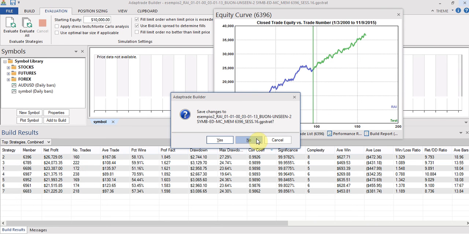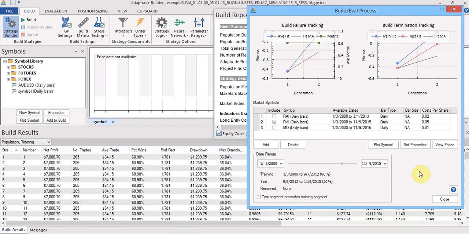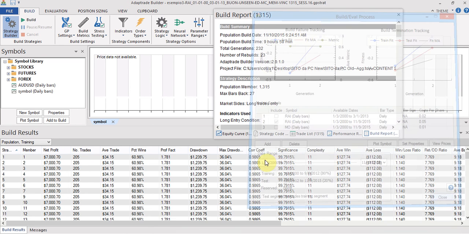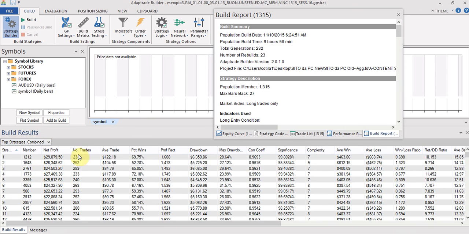So that's why I always invite you to use different settings, because at the end you say, yeah, that's a very good strategy. The stress test is okay, the validation is okay, but the number of trades is lower. So you might decide to try different settings and see what happens. So if I move to another file,